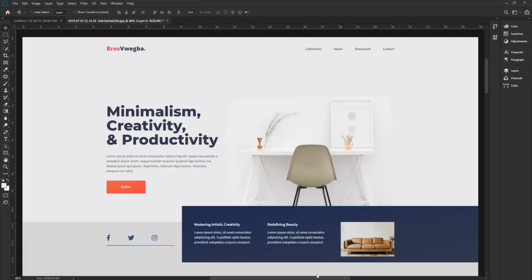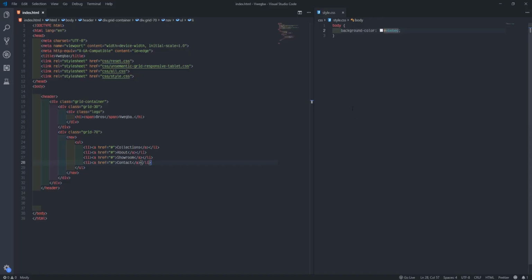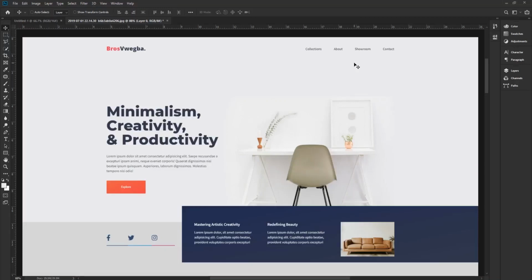So now let's style this one quickly. Before we start, I'll just refresh my page. Okay, you see I now get Bros Wegba, then we'll get these collections and this one. So now let's style it properly. If you look at it, most of this we'll get this color here, and we'll get this color. So what we would do, in fact, is first style the header. I'll come to my code again for the CSS. I'll say header, and if you look, there's space at the top here. So they definitely put something like a padding there.